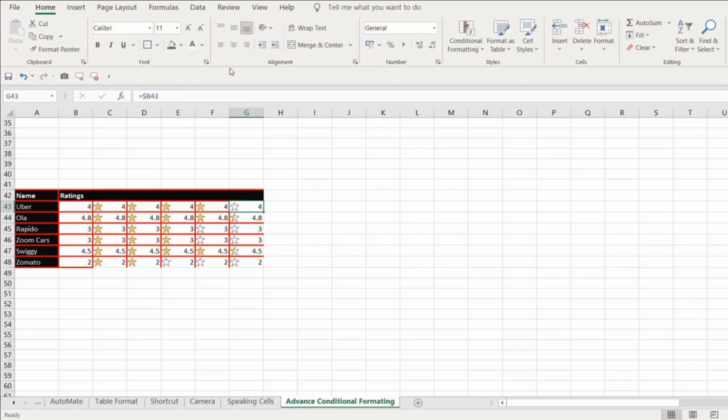See, my Uber rating is 4 and all the stars are showing full star and the last is showing null. If I change it to 5, you can see my star rating is showing 5.